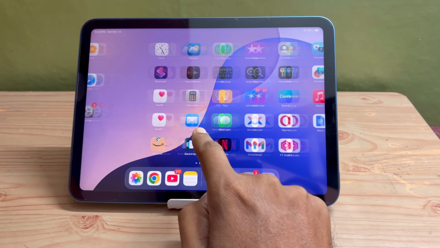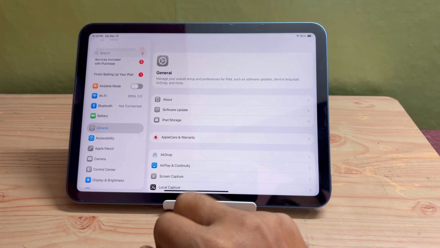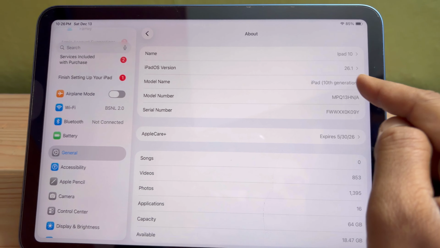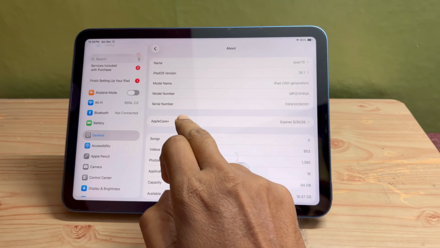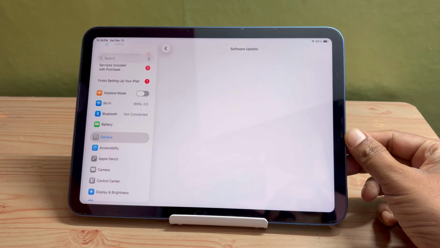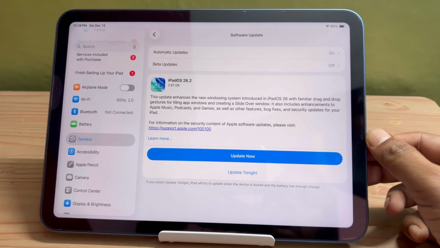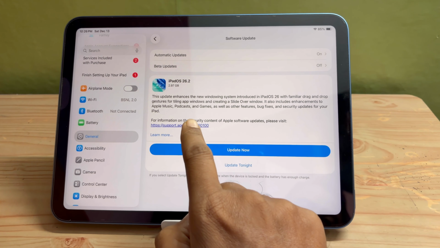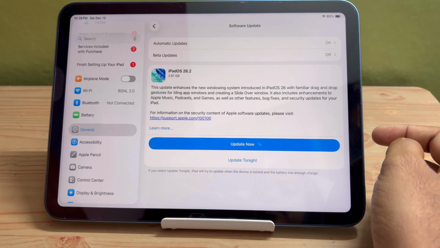In this update, it will enhance the new windowing system introduced in iPadOS 26 with familiar drag and drop gestures for tiling app windows and creating a Slide Over window. It also includes enhancements to Apple Music, Podcasts and Games, as well as other features, bug fixes and security updates